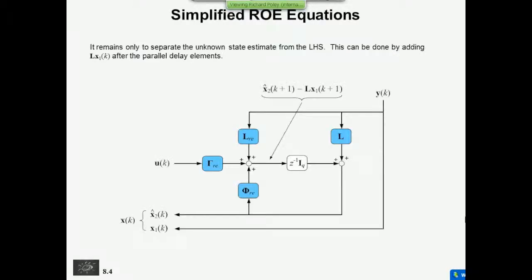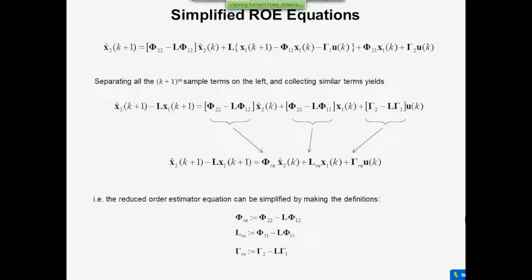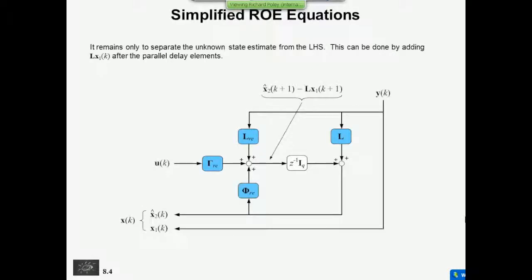which is what's going on here. So we're going to calculate this, and then once we've calculated it in the kth interval, I'm just going to add in L times y of k, and that term disappears, and I'm left with x2, which is going to be the output. So you see? And then these other three matrices, they just sum together. U of k comes in through gamma RE, and then you've got LRE and phi RE like that. And I think you'll agree that the actual structure, because you've only got three matrices now, is a lot simpler than if we'd done all that with all those other matrices in it, which is how you normally see it in books. Just a lot simpler that way.